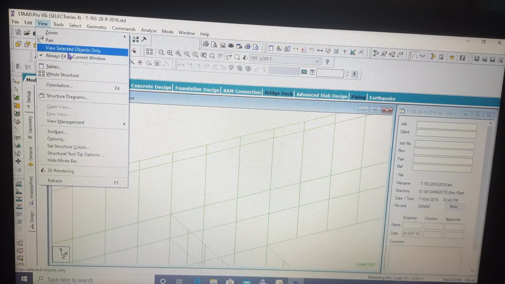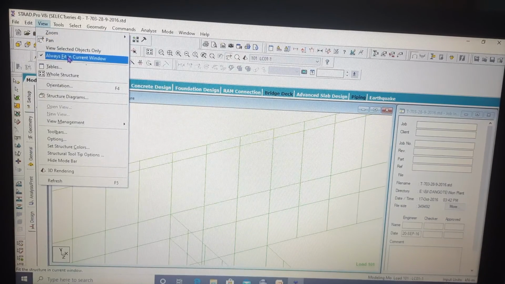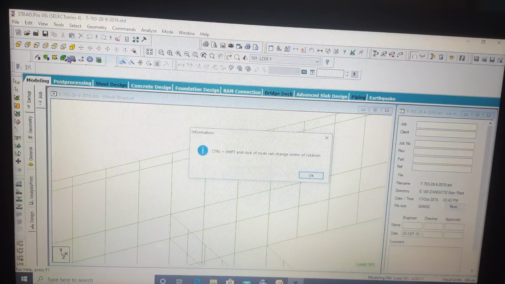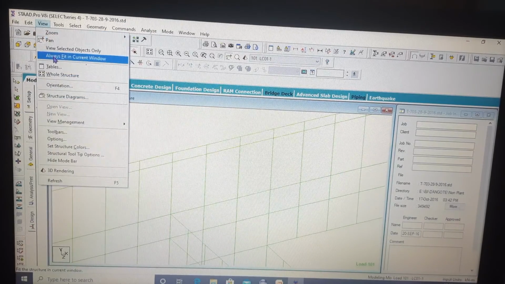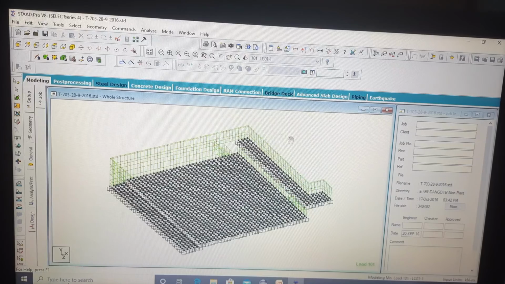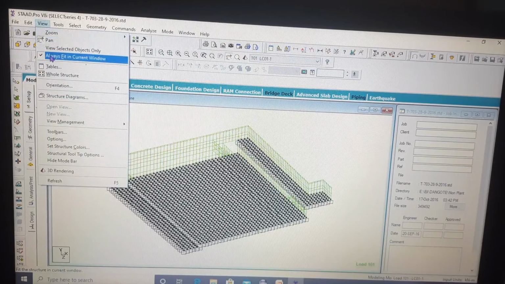Now if you click on this, say your structure is very big, it may not fit in normal resolution. If these things are clicked, then your structure will fit in the current window. See, it is the default view where your structure can be fitted and given an isometric view, full isometric view. So that's why it is always clicked there.